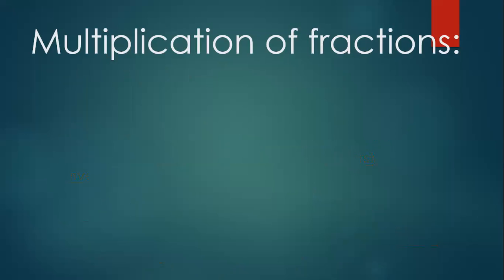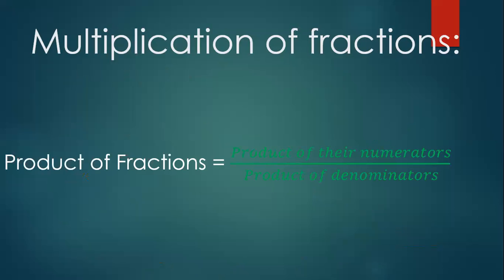Now, today we are going to start with multiplication of fractions. Children, unlike addition and subtraction, multiplication is not that complicated. In multiplication of fractions, we simply multiply numerator by numerator and denominator by denominator. We don't have to take into account whether the given fractions are like fractions or unlike fractions. Remember, children, in addition and subtraction, we used to make common denominators. Here there is no need of making common denominators.